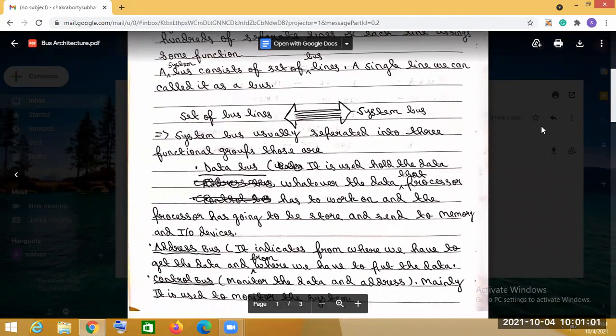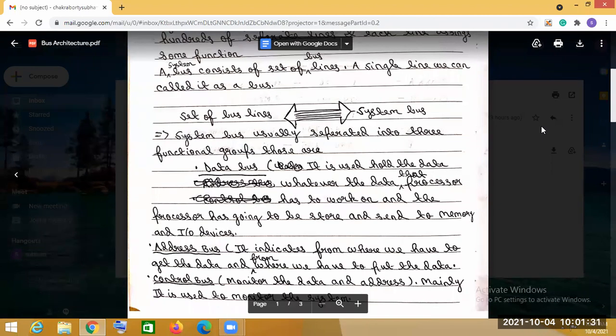The data bus is used to hold the data, whatever data the processor has to work on, which is going to be stored or sent to the memory and input/output devices.